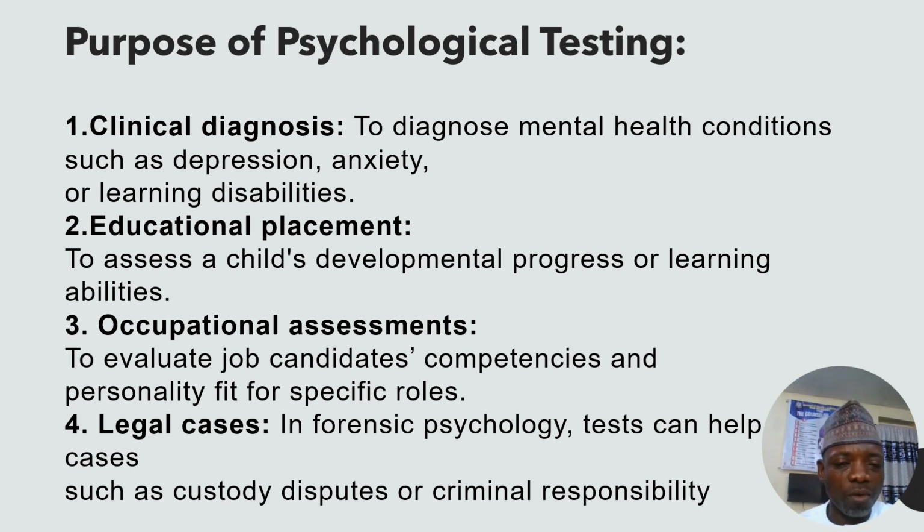And not only this, number 4 is legal cases. In the field of counseling psychology, educational psychology, and general psychology, there is a field that we call forensic psychology. This is a field that supports an individual to know about cases. How can he help his clients who are at the court of law to know what the problem is, so that he can support him and solve his problem amicably?